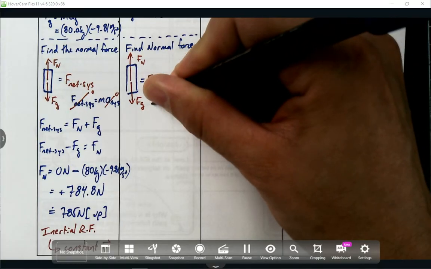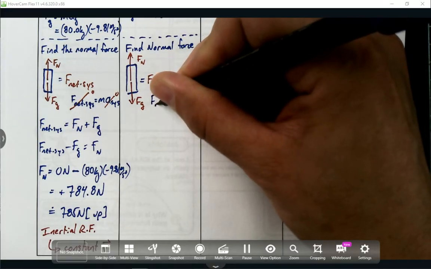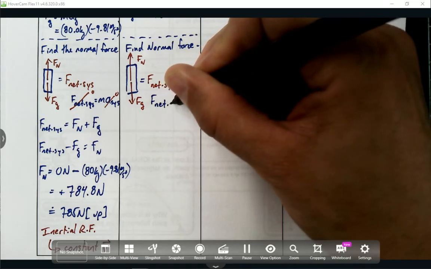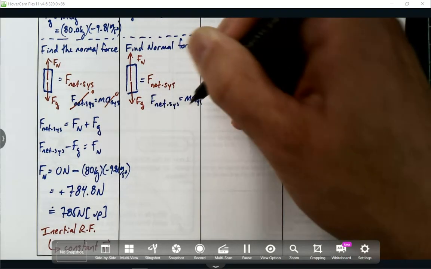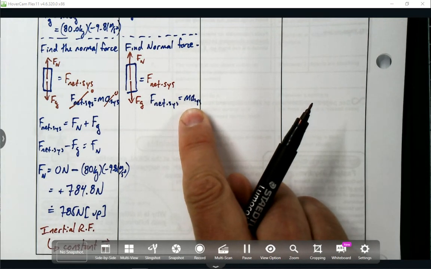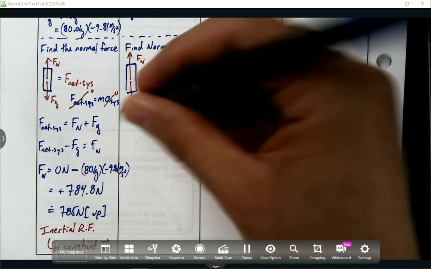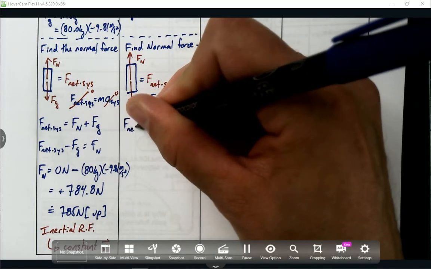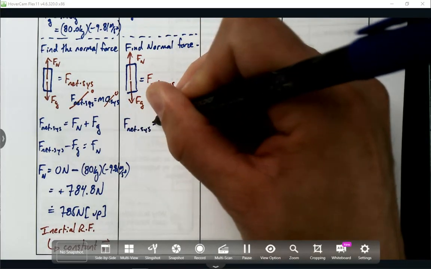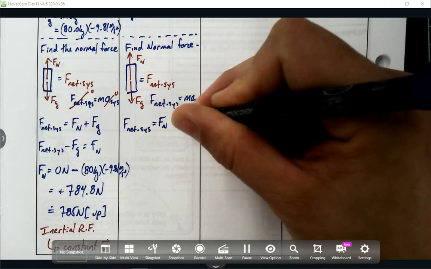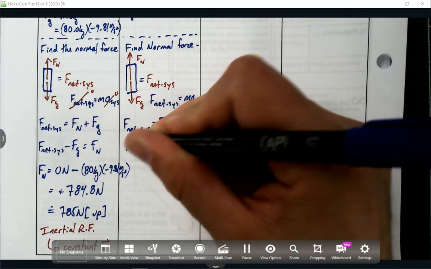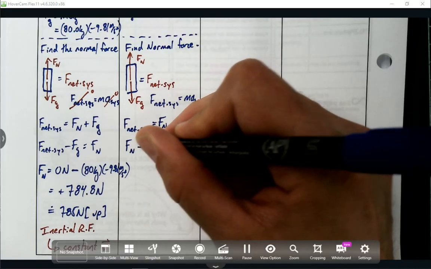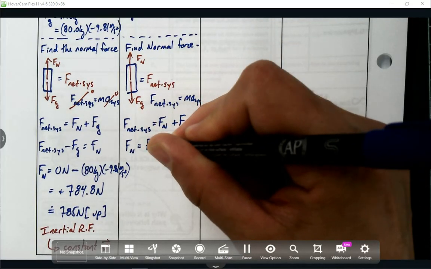All right, so the equation, if I was going to make this statement again, F net sys equals mass times acceleration of the system, I cannot say that that zeroes out because the acceleration is no longer zero. Okay? I'm just saying it out loud. But the equation does remain the same. F net sys still equals F normal plus Fg. The isolation still works. I'll just write it like this time because it's the same thing I'm doing again. F normal is still equal to F net sys